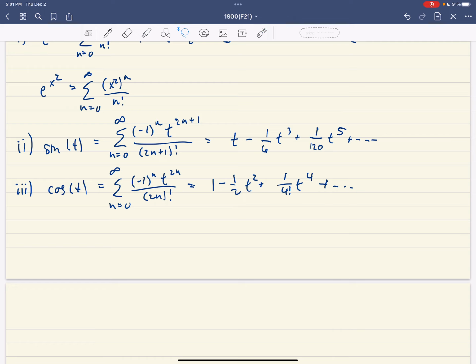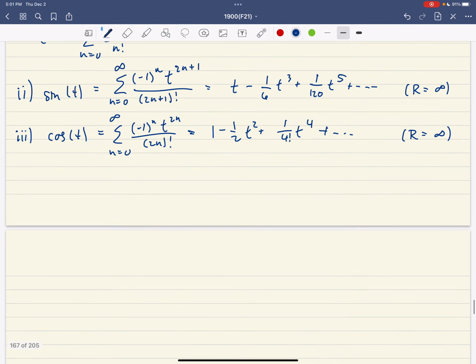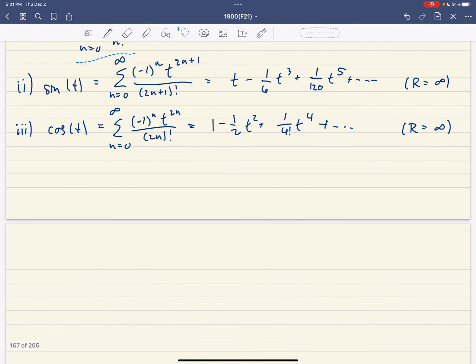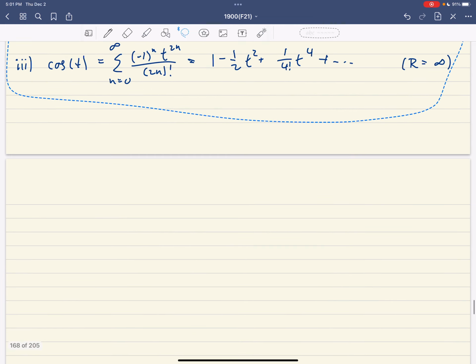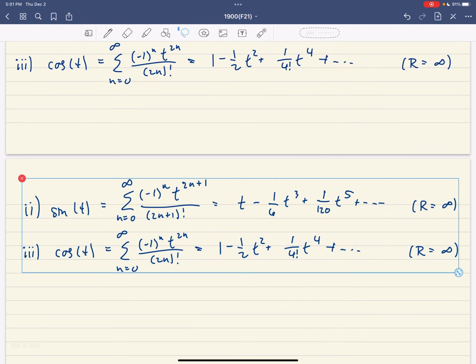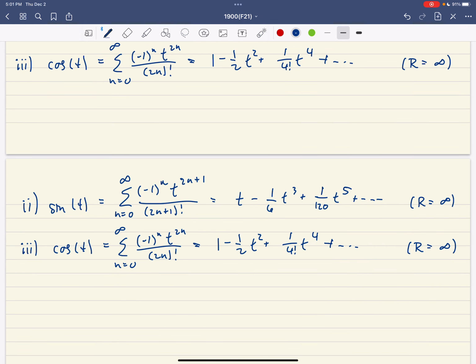I forgot to say that for these, r is infinity as well, so the radius of convergence is infinite there too. One of the things that we get from here almost for free is formulas for not just sine,